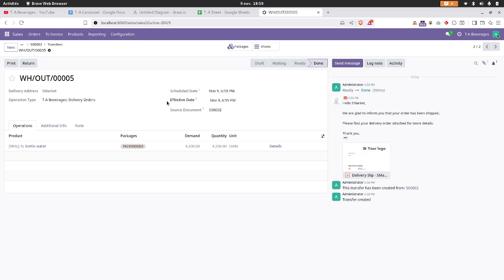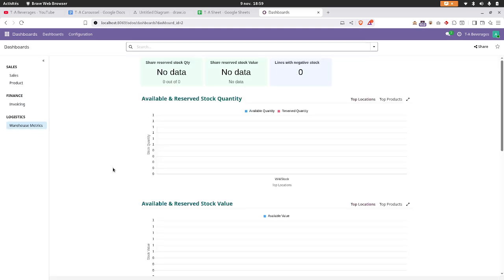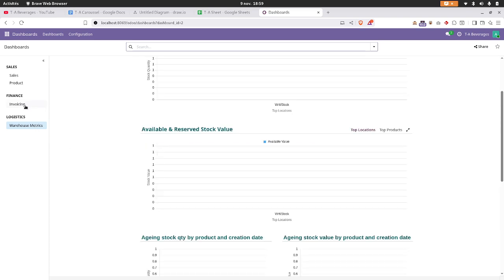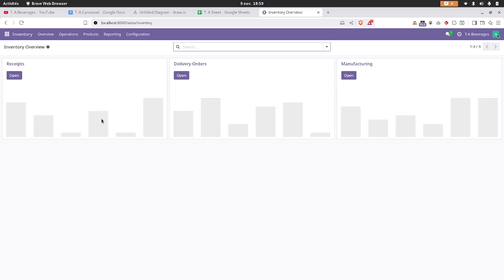That's it for today. Next week we will see the invoicing, because we have invoicing and other interesting stuff. Right now in the dashboard, we can see some data here. Here also the sales. So we will try to check everything or set it when it has to be set. So that's it, and thank you